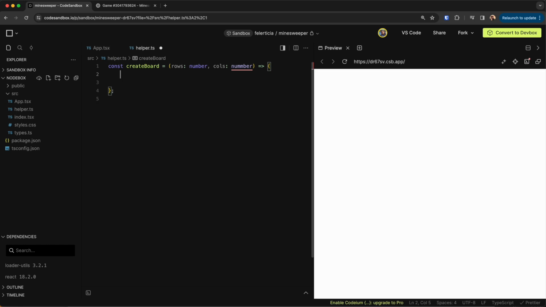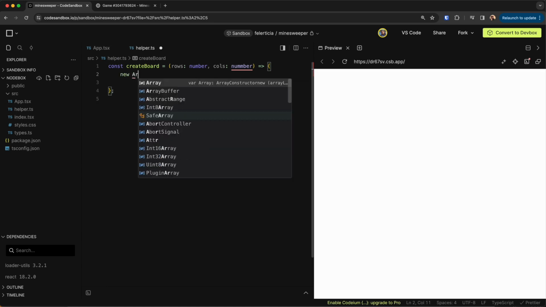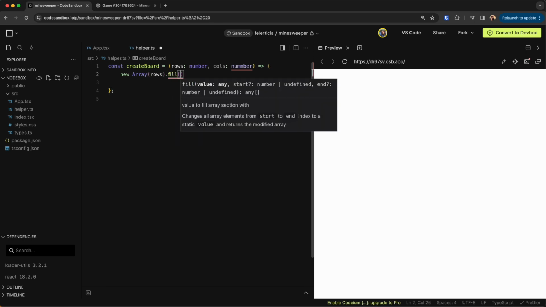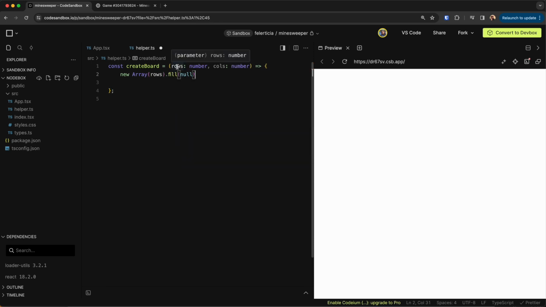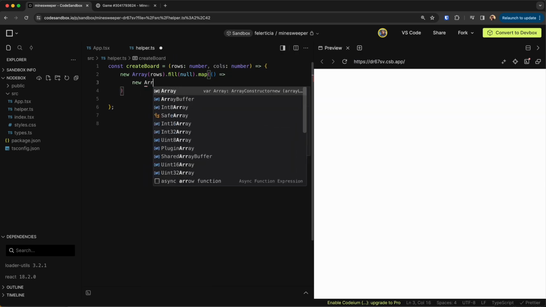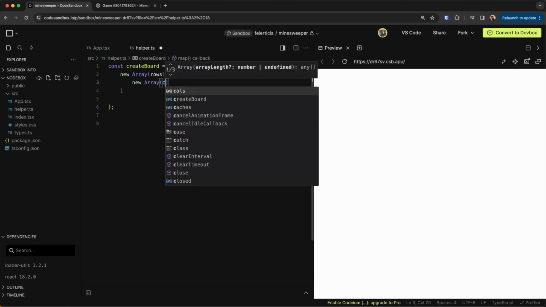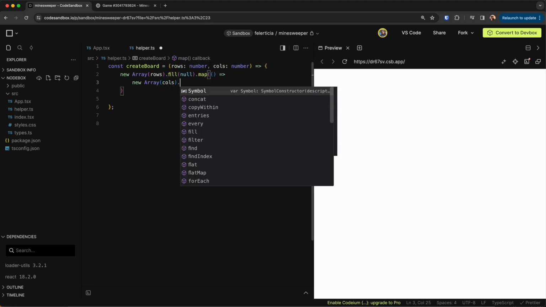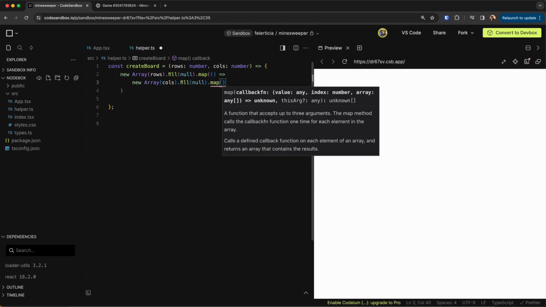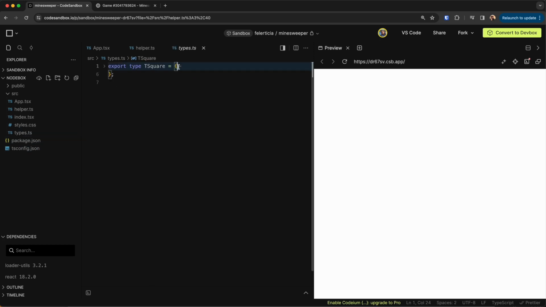So we first go and say we need to have a new array of the length of rows. So we define our rows, we would fill it with null. Now for each of those cells we need to create another array. So we need to do the mapping, and in this map we will provide a new array again of the size columns. We would again fill it with null,